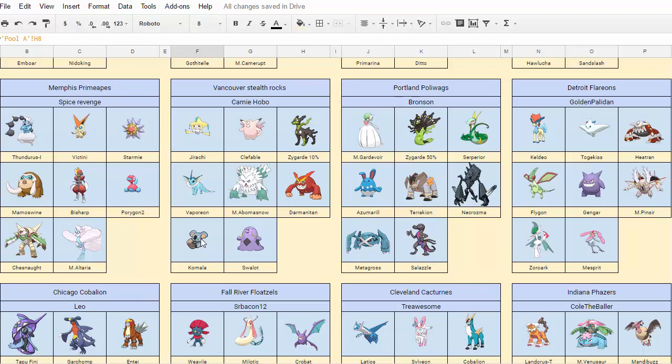Hazard setters, we got Mamo, Bisharp, Chesnaught as well for some spikes. Fairly, semi-weak to Fighting. All three of those in the middle, Mamo, Bisharp, Porygon, weak to Fighting, but then you got Mega Altaria, Thundurus, Victini, Starmie, all resisting Fighting, so should be interesting. Decent squad. Next we got Carney, nice Jirachi Clef core to start with,